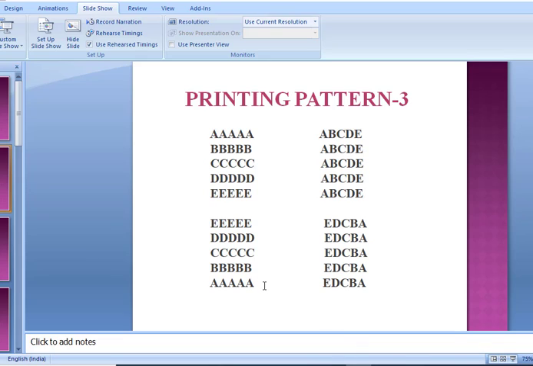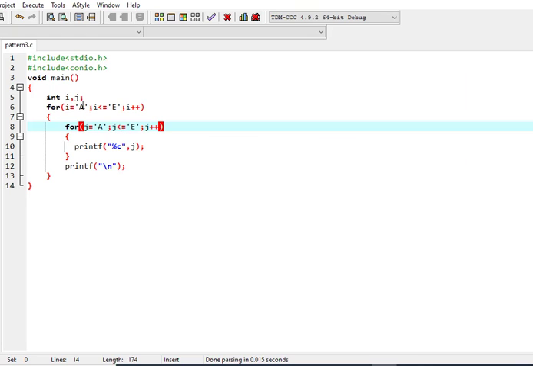Now what should we do for the third pattern? We just need to reverse the loops, that is from E to A: i greater than or equal to A, and i minus minus, j minus minus, j greater than or equal to A. Let's go with j.